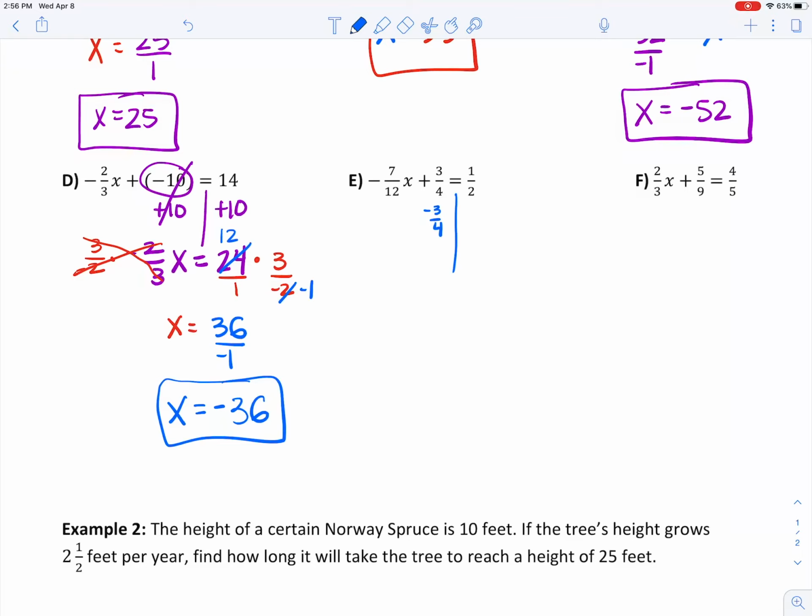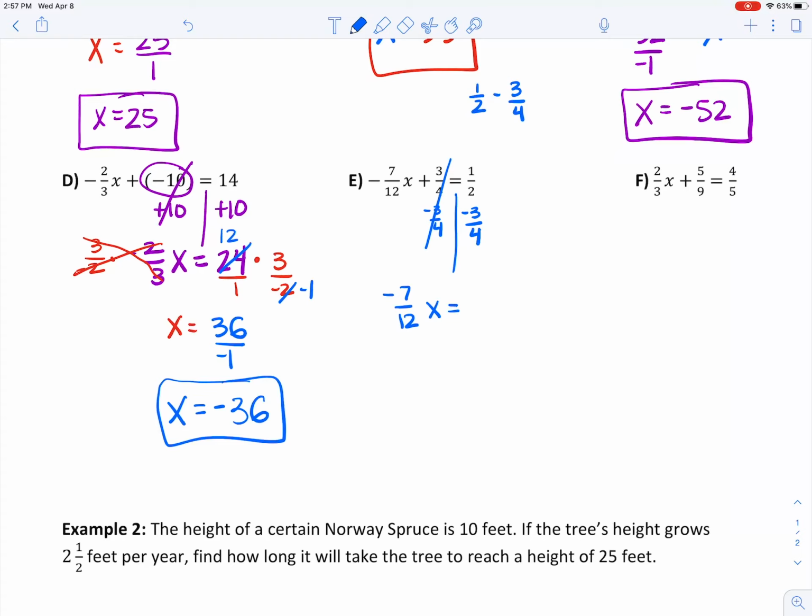So I know I'm going to minus 3/4 on both sides, because what's the opposite of plus 3/4? Minus 3/4. So then those two cancel. Now we have negative 7 over 12x on the left equals, and now we have to do 1/2